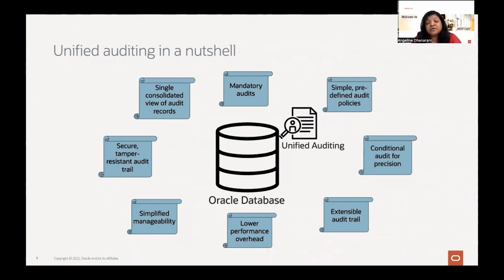Unified auditing gives you a single consolidated view of audit records. You don't have to go to different places, because we have an entity called the Unified Audit Trail view, which consolidates all the audit records coming from the different components.